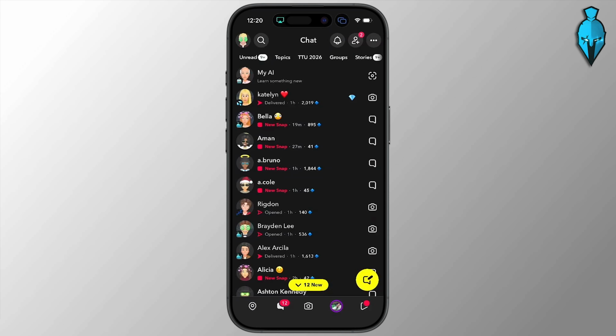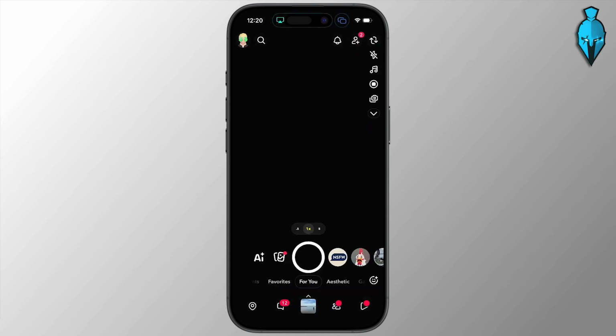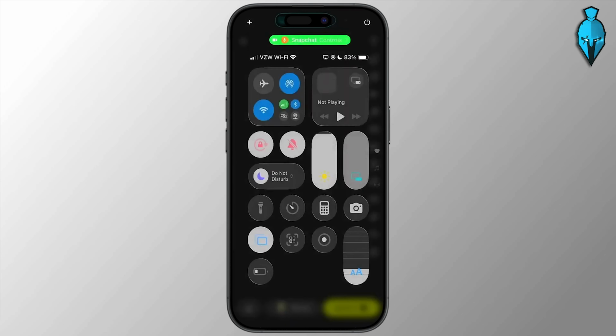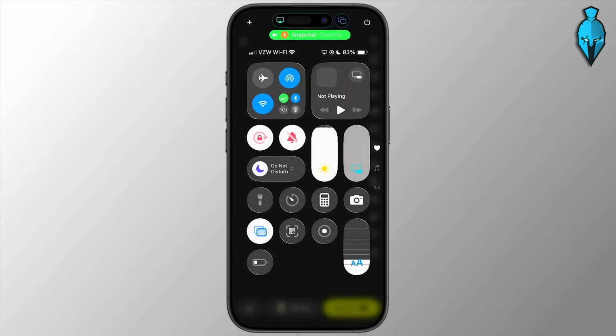But begin by checking your microphone mode. So open up Snapchat and start recording a video. We're just going to record this one right here. While you're recording a video, and you can just lock it so it keeps recording right here, swipe down from the top right. It's going to open up the control center right here, and then change the microphone mode up